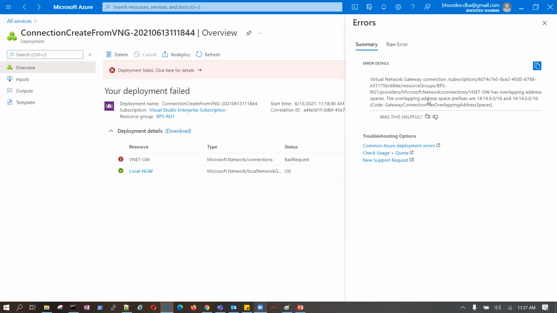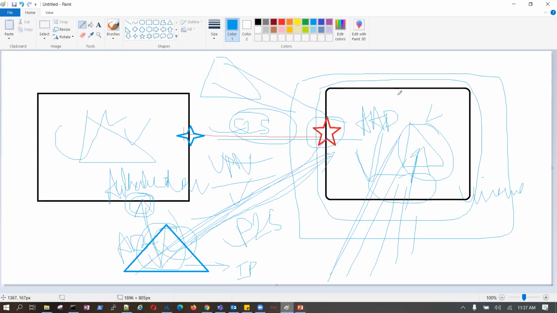When we are creating a site-to-site connection, both addresses must be in different CIDRs. They cannot overlap the CIDR block. This is a failure. So the IP address of this and the IP address of this must be unique.